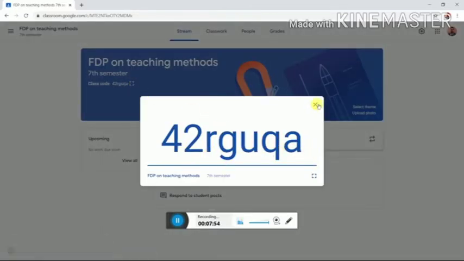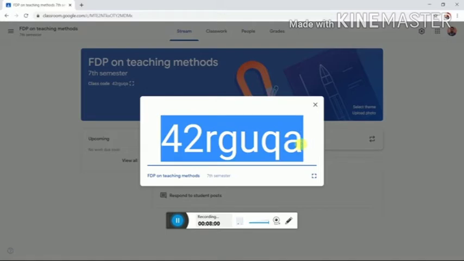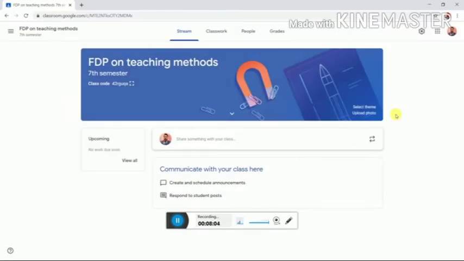So suppose you want any students to join your class, what you have to do is copy this class code, and send or paste it in the WhatsApp group or in any other group. Just share it with the students, so that when the students have to join any class, what they will do is